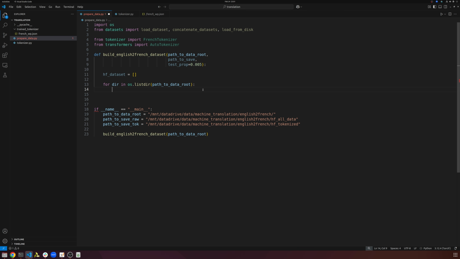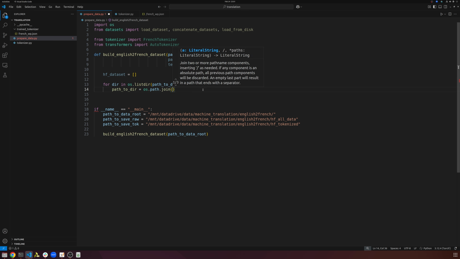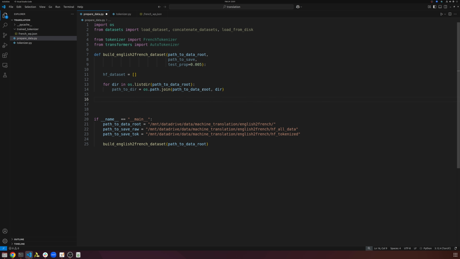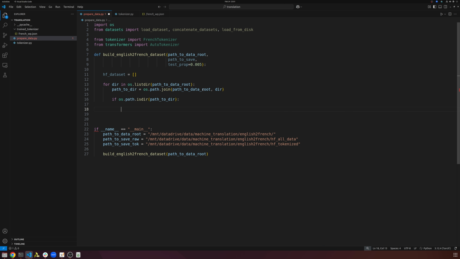So we're going to do path to dir is os.path.join between path to data root and dir, and then we're going to do our if os.path.isdir. This is just a sanity check, right? Make sure it's an actual directory. Path to dir. As long as it's a directory,